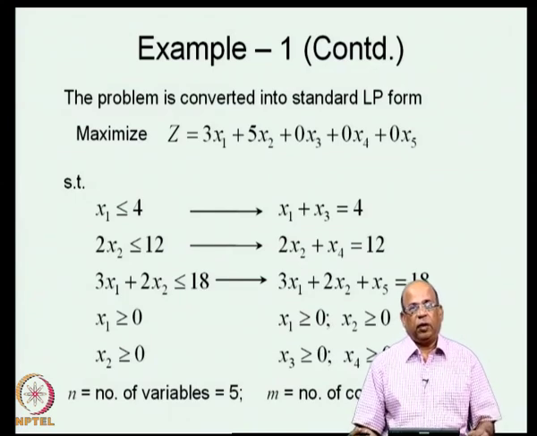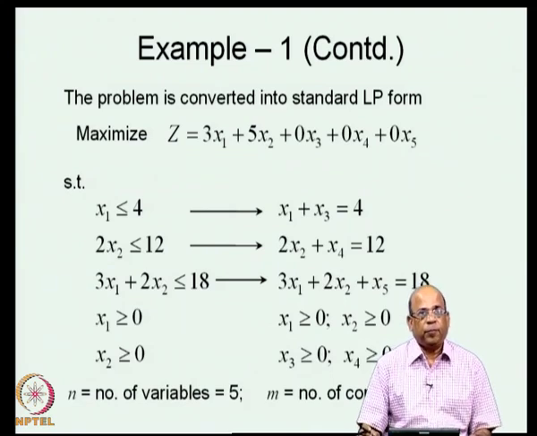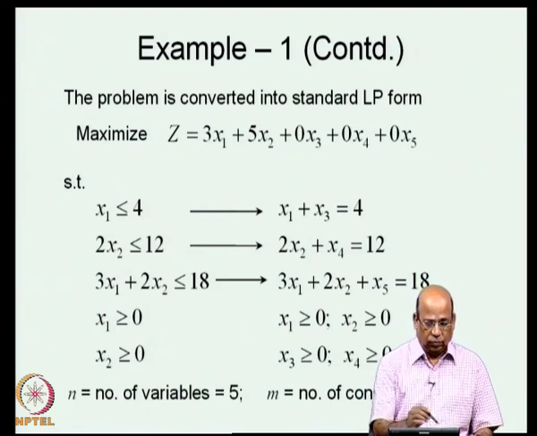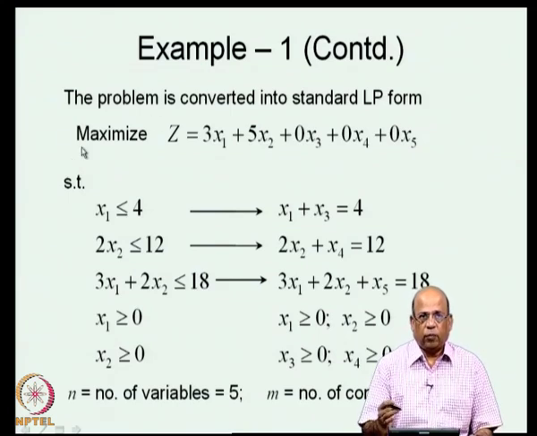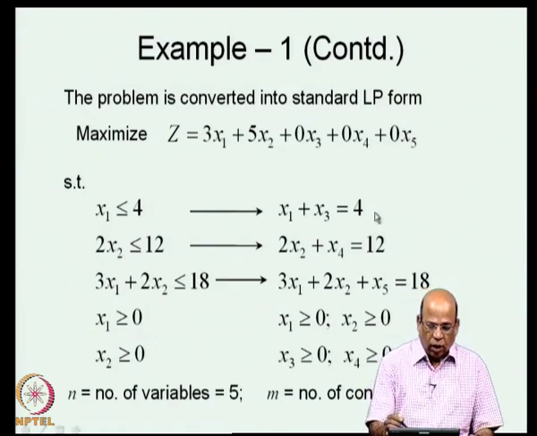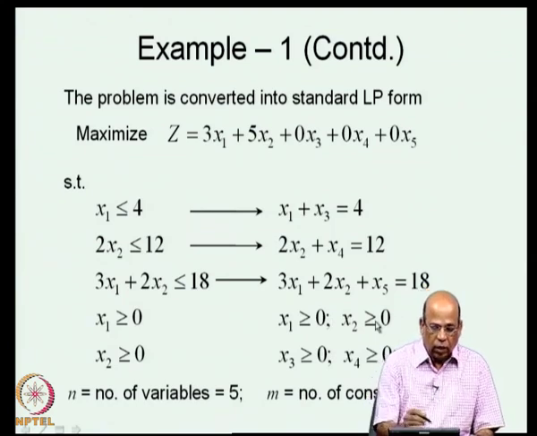The first step is to convert the LP into a standard form, and the standard form that we will be using in this lecture is that the objective function will have a maximization form. So, we write the objective function always as a maximization objective function, and all the constraints we write as equality constraints. So, we write the objective function which was z is equal to 3 x 1 plus 5 x 2. So, we write maximize z is equal to 3 x 1 plus 5 x 2, convert the constraints into equality